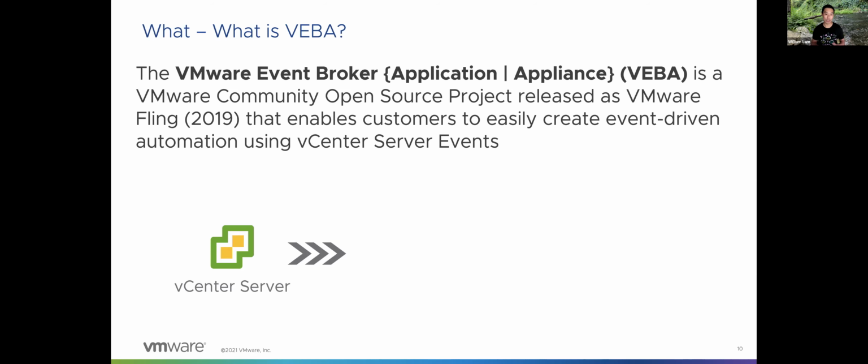Today, when you look at vCenter Server, out of the box it ships about 1,800-plus events. These are things like events and alarms that represent state changes in our system. For example, a virtual machine gets created, a host gets added, maybe a VM gets migrated, right? And these are just out-of-the-box events. If you deploy additional second and third party solutions, they have the ability to augment those events, add additional functionality, and make the system even richer for you. So for most customers, it's probably several thousand events that you can consume from.